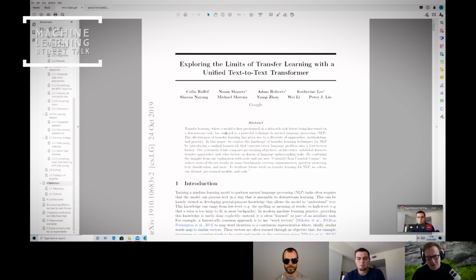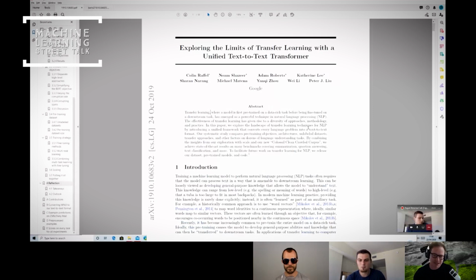And I think that the main thing that Raffel wanted to demonstrate here was that since the BERT paper in particular, there's been an onslaught. There's just been a barrage of different papers with different variations, changing the pre-training objective, changing the amount of time we train, changing the size of the data set, and so on. And I think what these guys have really tried to do is to make sense of all of that, to kind of categorize the different types of tweaks that all these papers have introduced, and to do a huge ablation study to try and understand where most of the benefit is coming from.